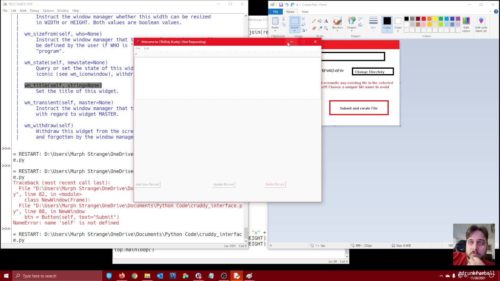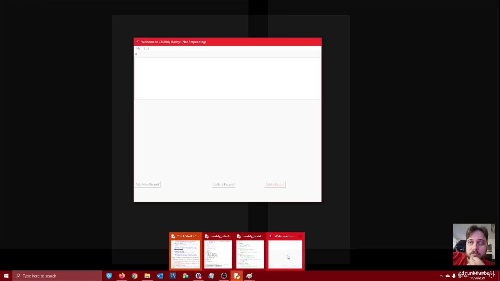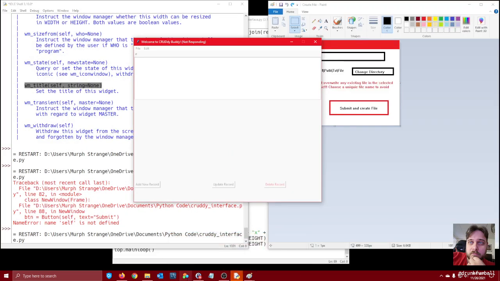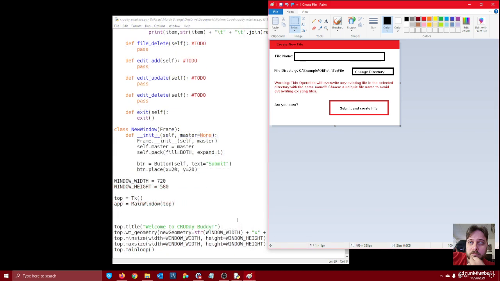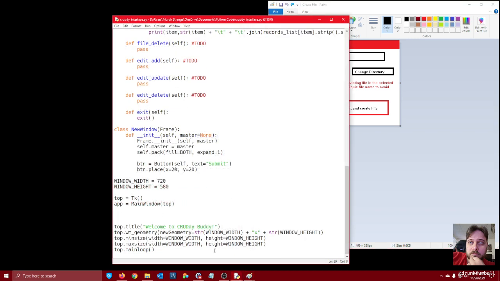It's not responding. Oh, that's because it's asking me if I want to quit, isn't it? Yep. That's what it's asking me. Yeah, okay. And then, of course, it closes IDLE, too, because I haven't figured out how to get it to just close the window and not close IDLE. Probably have to call the destroy method or something instead of exit. I don't know. Okay, so